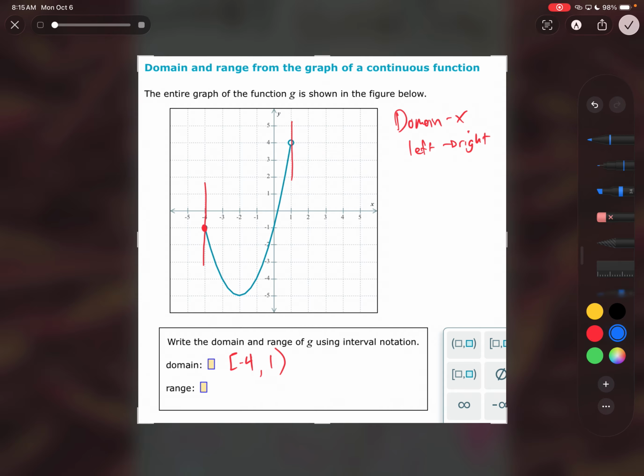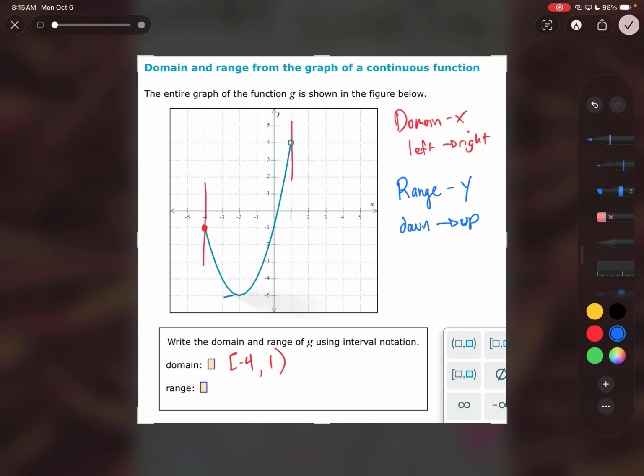So the left to right, the domain doesn't usually mess with you too bad, but it's how far left the graph goes to how far right it goes. And this is kind of weird the way I say the range, but it's the same idea, but the range is vertical and it deals with the y's. So it's how far down it is to how far up, down to up. I know that's kind of strange to say, but you want where's the bottom of this graph to the top